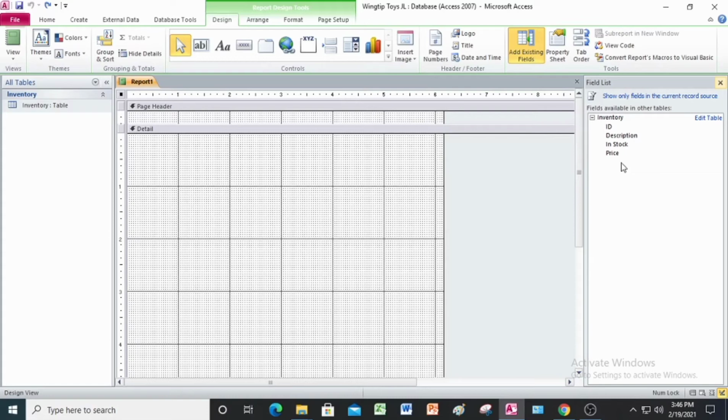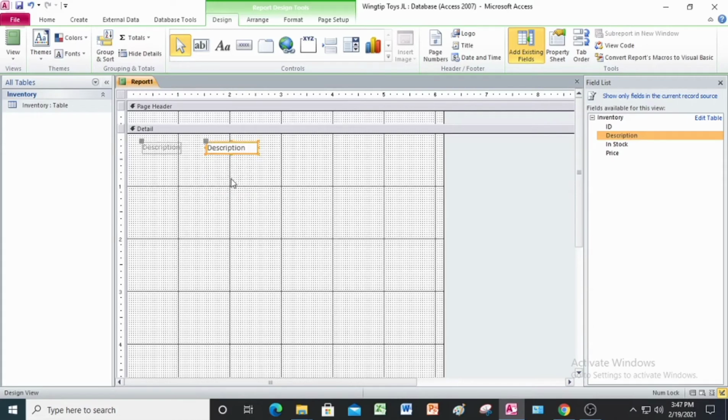So we're going first to go with description. Double click. Okay. And we're going to position this. So we're going to do the drag and drop method,